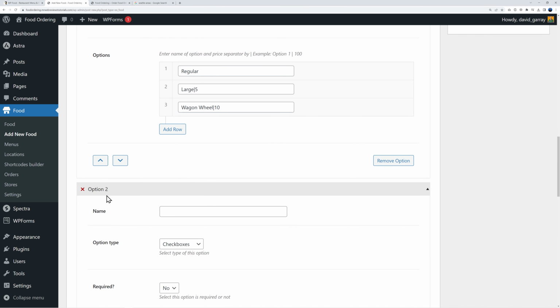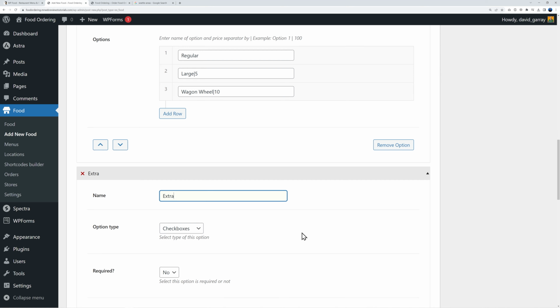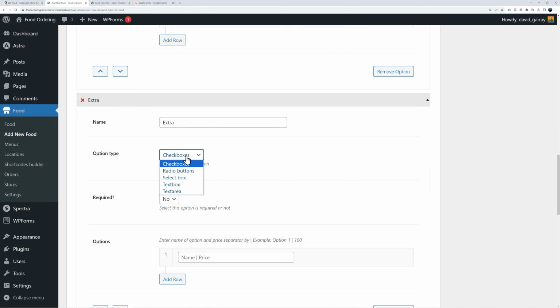So now let's add an option. And this one will be all the extras. So basically it could be pizza toppings and things like this, okay? So right here, we're going to select checkbox because this one, they'll be able to select more than one option, but this one is not required. So these are extras they can put on top, maybe like extra mushroom, extra beef, or extra pepperoni or something